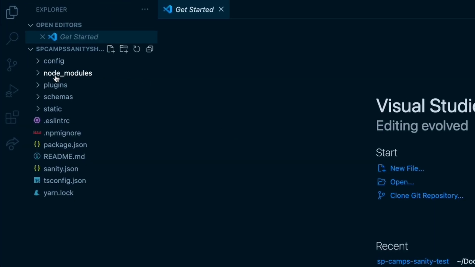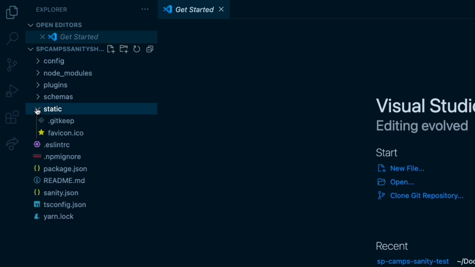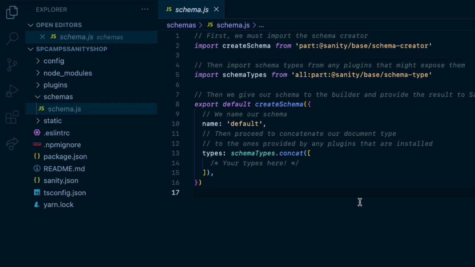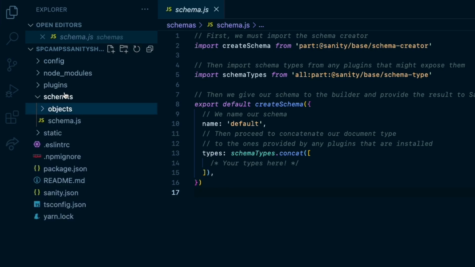All right, so we have our config folder, which we won't mess with, node modules, we won't mess with, plugins, we're not going to really use, static we won't mess with either. The really big one is our schemas folder. This is the one that really matters to us as of right now. And this is where we're going to put all of our documents and objects. So it's pretty important that we understand what each of these are, and we'll be creating them in order to figure that out. So let's make a folder inside here, and we'll call it objects,